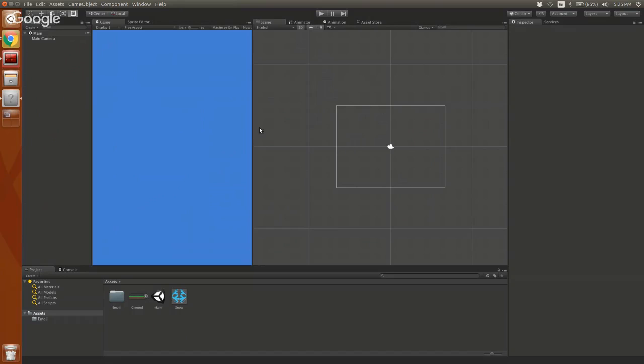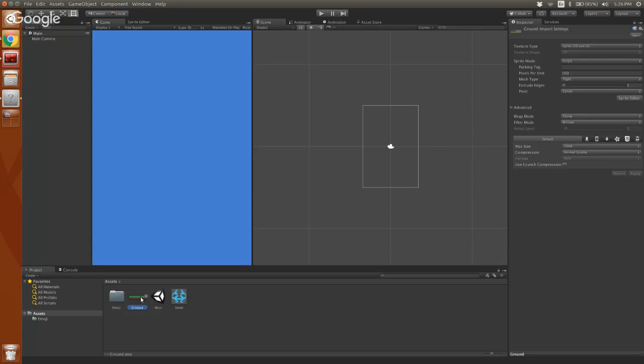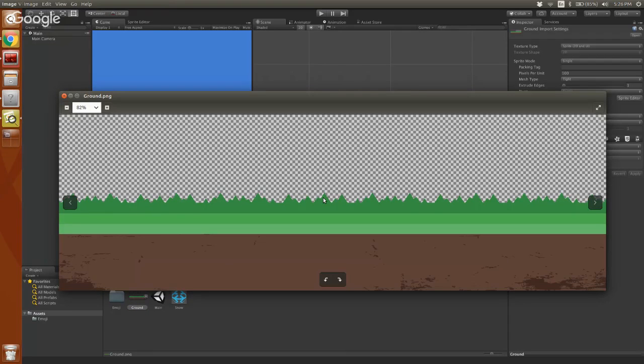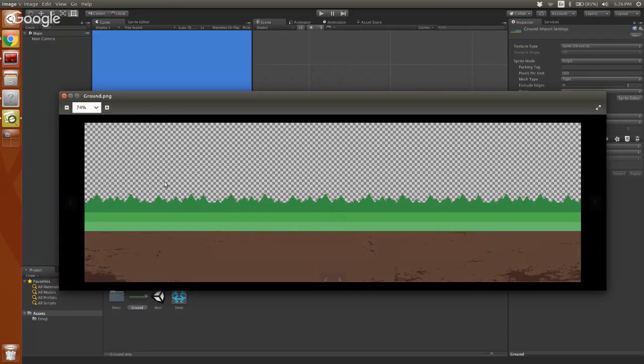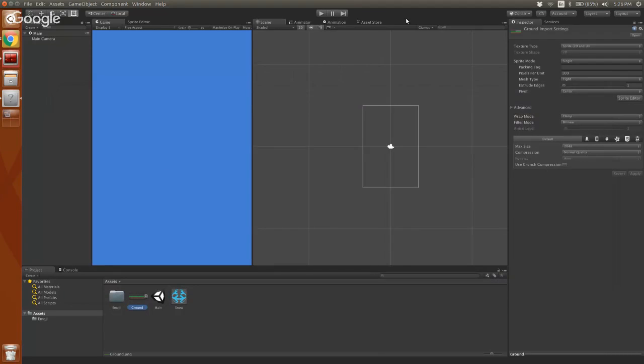So let's do that. You see, I have down in my assets folder four things. The snow we can ignore for now. I'll show that later. But we have a ground image. If we click on this, it'll pop up. Yeah, there you go. It's just a normal image, could be drawn in Photoshop, could be drawn in free software like GIMP. You have a million options. This is actually an asset from a game I built for Google I/O, but these can be anywhere. You can download them. Sam was asking earlier about where you can get art to build a game with, and there are a bunch of great resources online. There are sites that just have dedicated free game art.